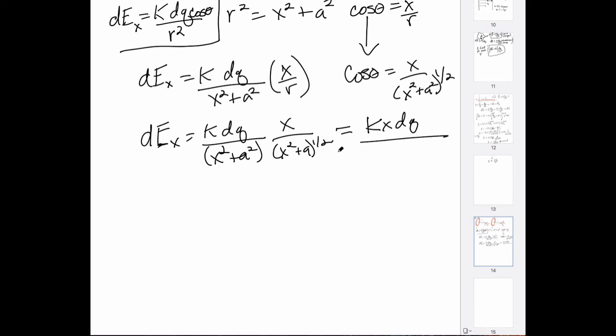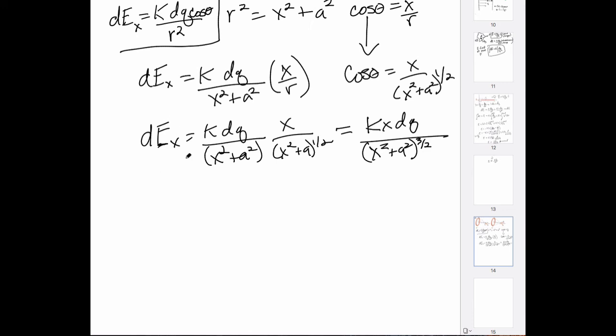Yeah, that'll work. And then I'm going to combine these two polynomials, x squared plus a squared. Now it's to the 3/2 power. And that's my differential E. Okay, so that's helpful in that I've now got constant k, constant x, there's x again, a, and then if you can kind of peek ahead a little bit,